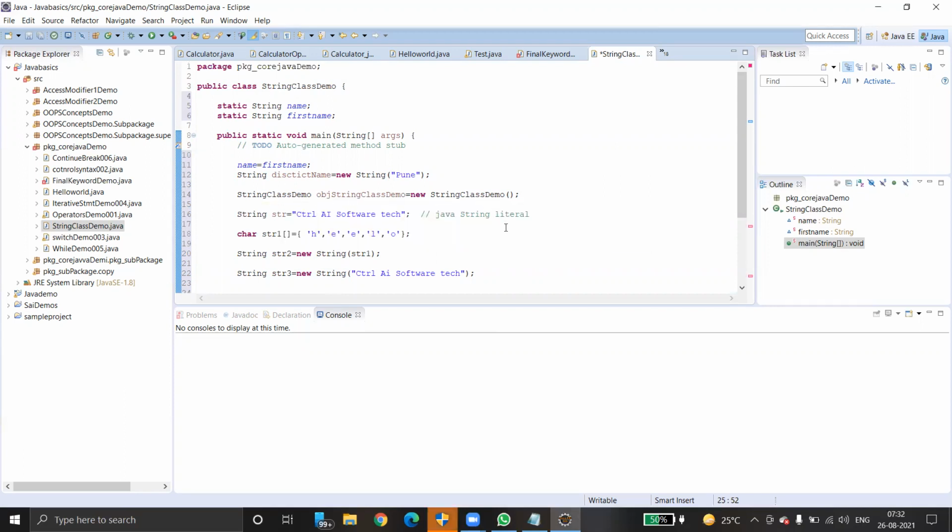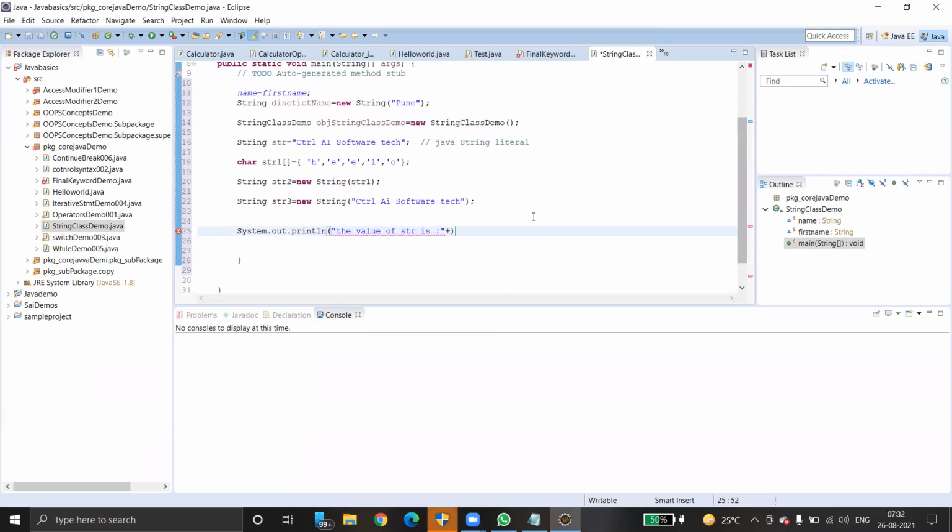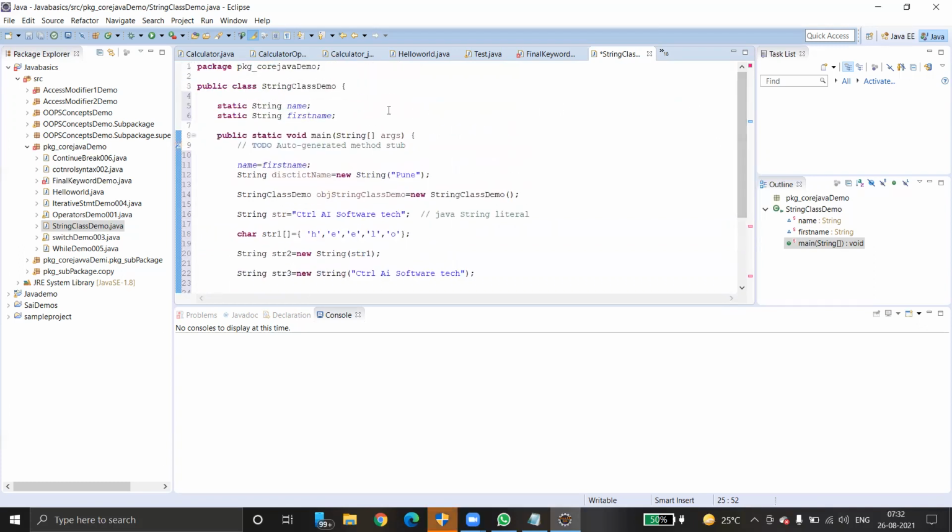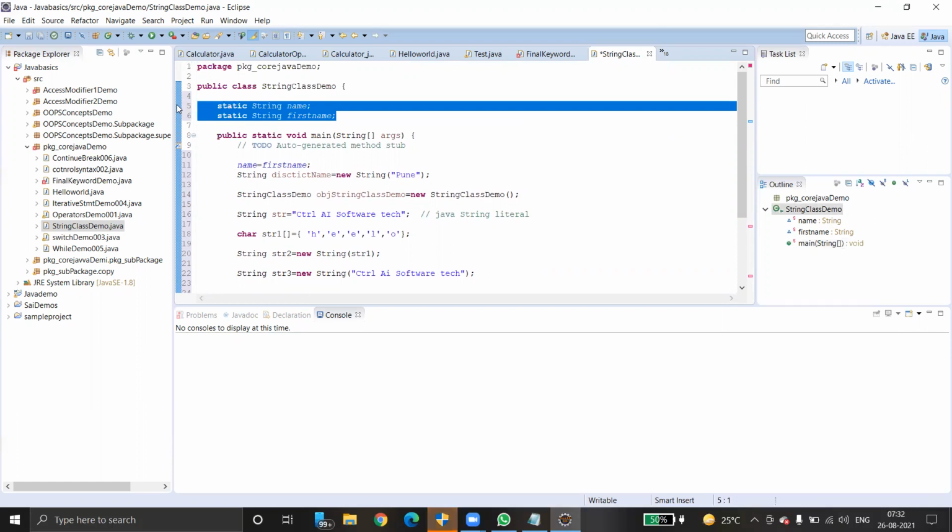Yeah, now tell me your question. Yeah, I did not understand that name equals first name. What did we do there? You explained something about static. We have to put static there. Line number, the first two, three lines. These are actually class level variables, right? See, these are private variables. That is the reason we have to add static.